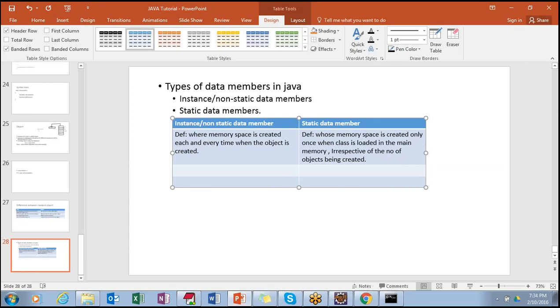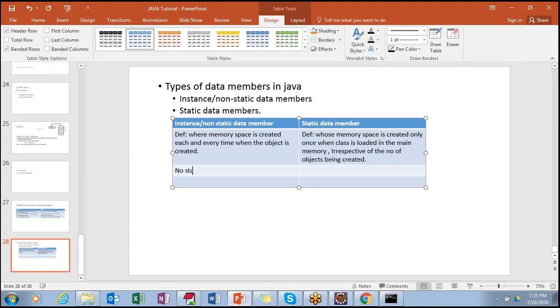loaded. Whenever you load the class, I told you, in the load time itself static data members get their memory created. It is not like the memory is created whenever you create an object; it is created whenever you place the class, compile it, or execute it. First, whenever it sees a static keyword before the member, it creates the memory. Okay.